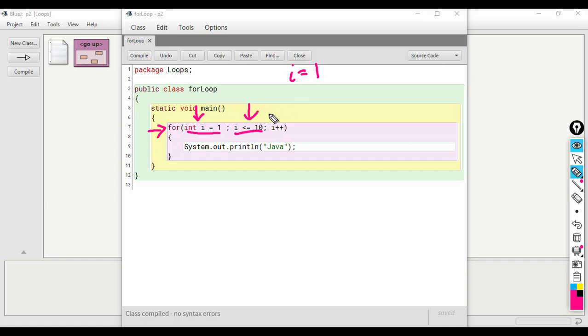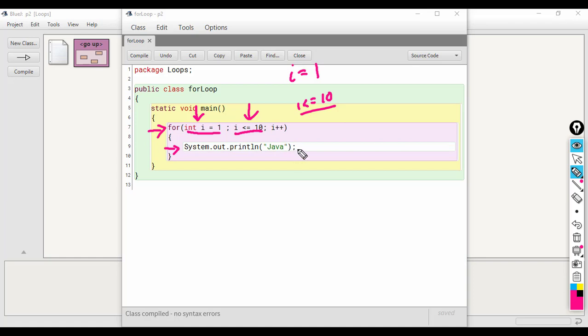The condition will be 1 less than or equal to 10, which is of course true. Since it is true, the control will come inside the body, and whatever number of statements are there inside the body, all the statements will be executed. In this example I've just written a single statement, so that single statement will execute.